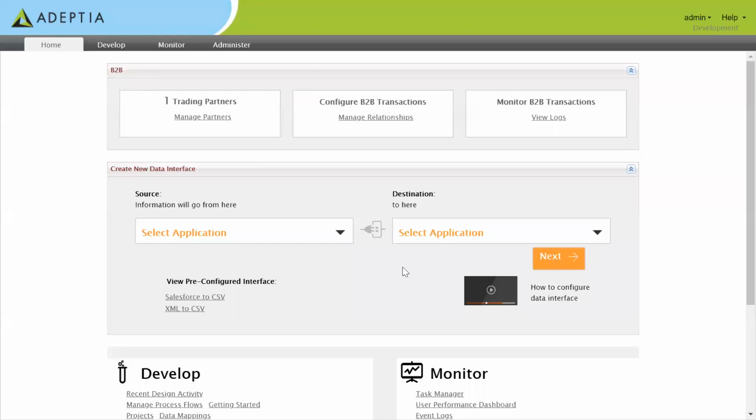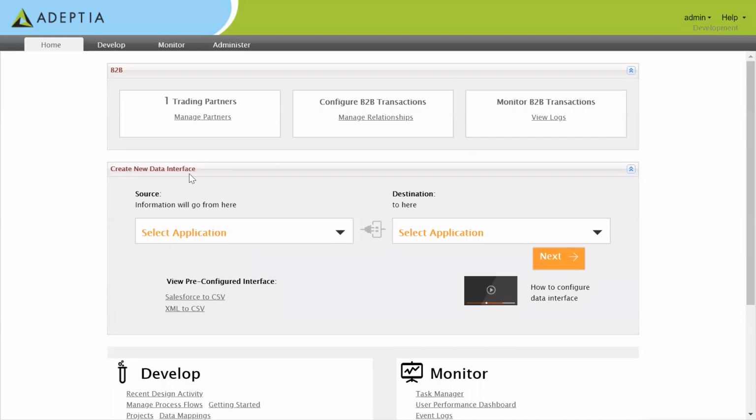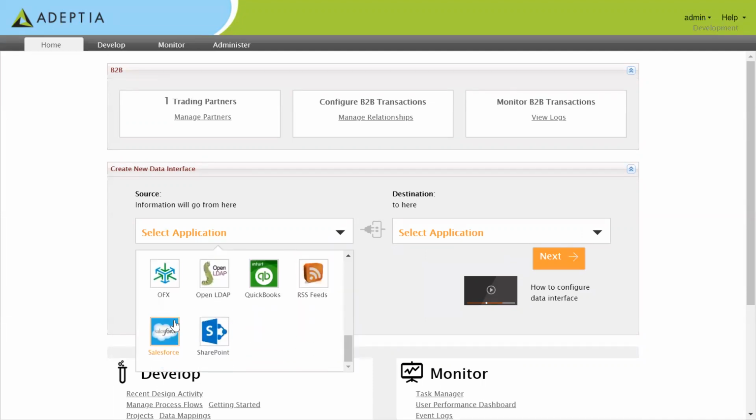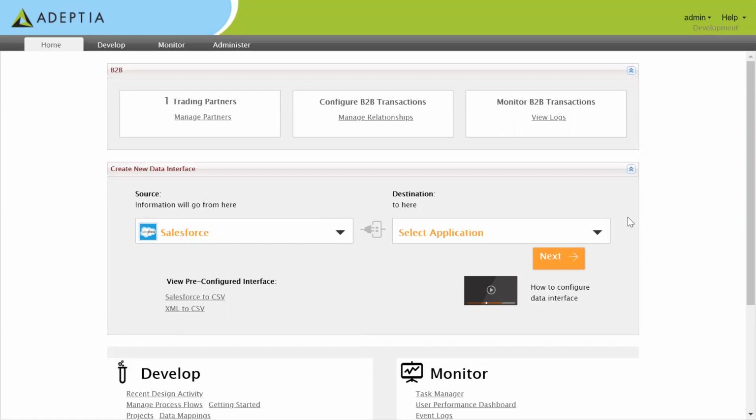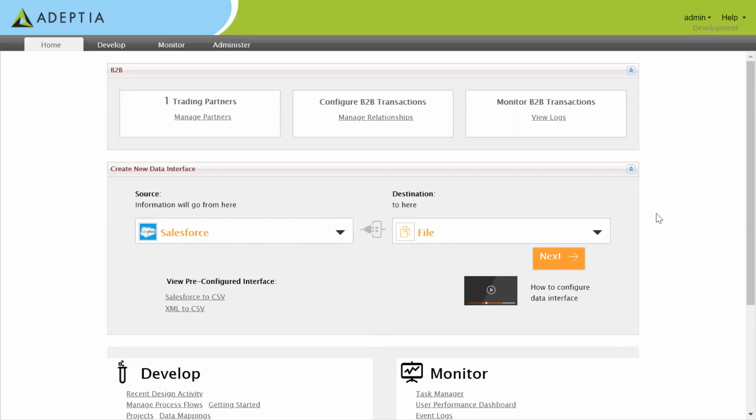So the home tab shows you what things are available. And if you have any simple data interface, like reading the Salesforce data and writing it to a file, you can go directly here, take the Salesforce connector, configure it, and then take the file from here and configure it, and then you'll get an auto-generated process flow, which is ready to deploy. That we can do. But let's not go with this use case now. I'll go with the use case which covers all other aspects also.